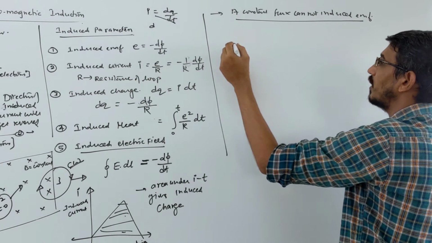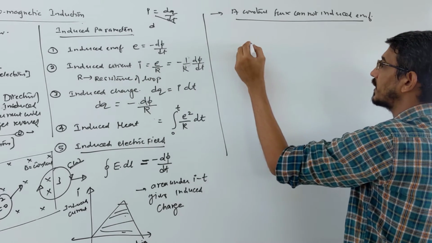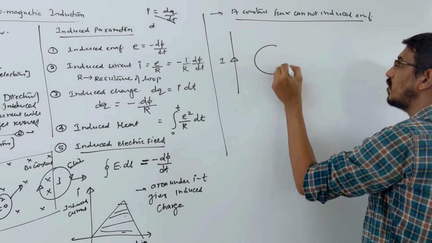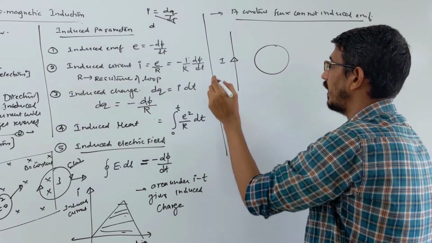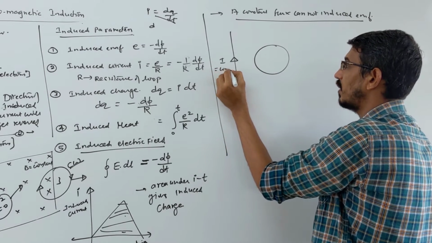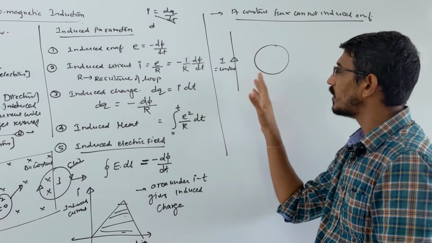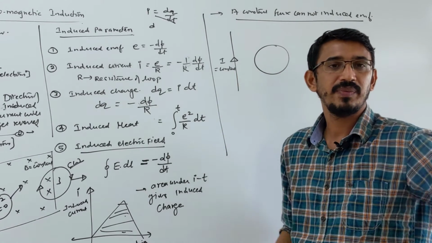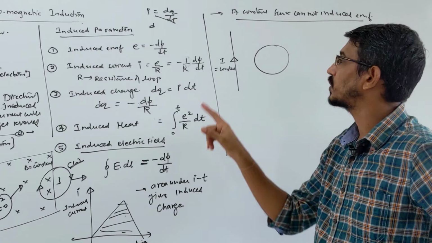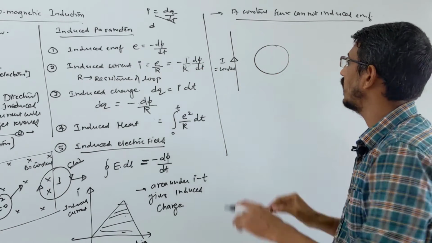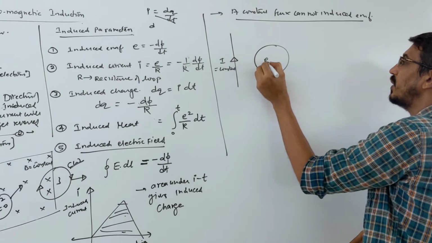Remember the very first example I gave here, I want to modify that and write one example this way. Suppose some current I is flowing in this wire, and this loop is just placed nearby it, and the current is constant. Then I am asking you, is there an EMF induced here? You say no, because constant current is flowing, so constant flux is induced in this loop, so that cannot induce your EMF, so E will be 0.